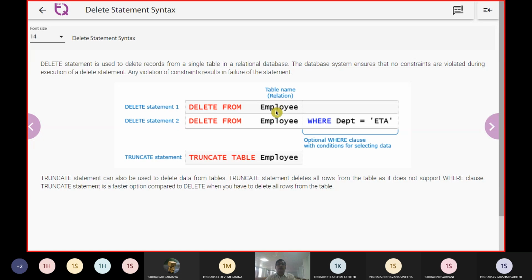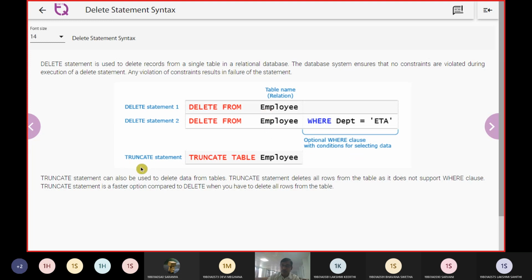So right now we are working with the data manipulation language commands, and we are working on the rows or entities inside the table. We are working directly on the data. If I am going to drop, that goes under data definition language, where we can drop the entire table.